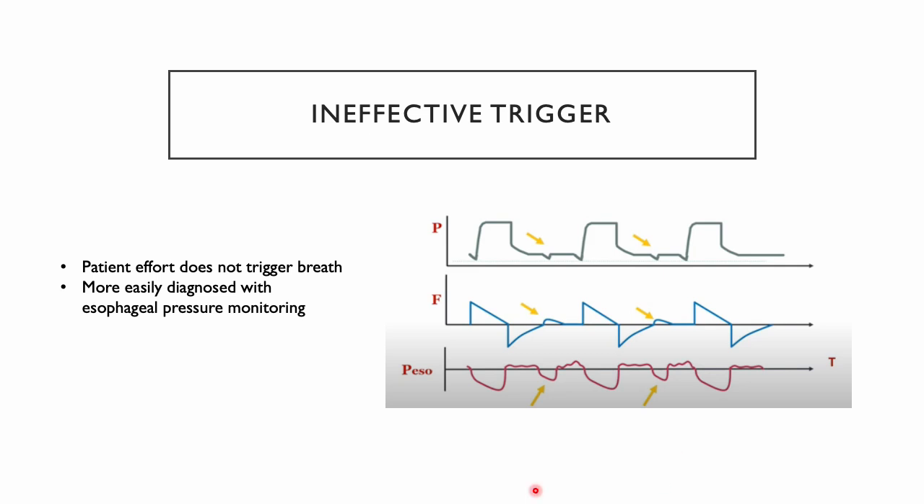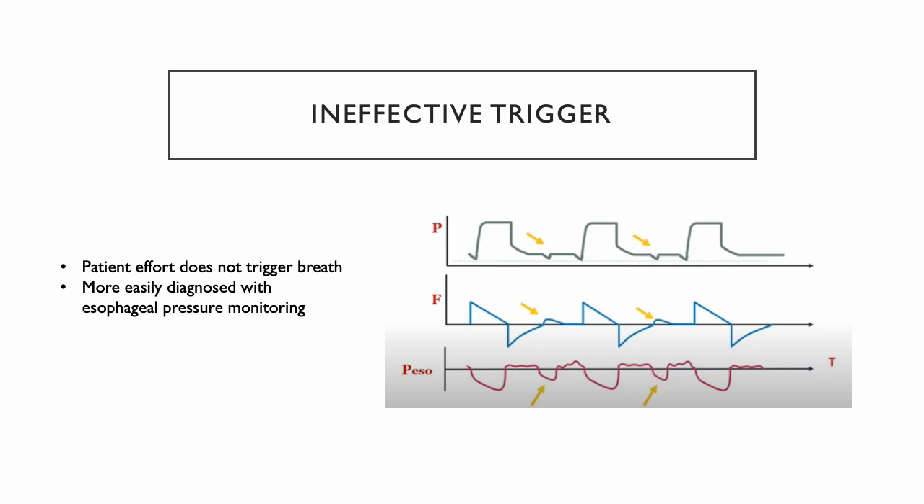The first dyssynchrony we will discuss today is that of the ineffective trigger. What happens in an ineffective trigger is that the patient's inspiratory effort does not trigger a machine-assisted breath. Although the patient is making a substantial inspiratory effort, the ventilator is unable to detect this request. And what you'll see is multiple negative deflections in the pressure time scalar, with corresponding positive deflections in the flow time scalar. And if esophageal pressure monitoring is employed, you will see negative pleural pressure deflections as the patient makes